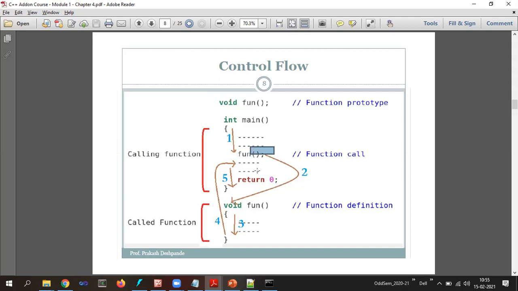It assumes this and skips the execution to the actual definition part. But it gives a warning stating that there is an implicit function. Implicit function means it is assuming that there will be a user-defined function in your program. With that assumption, it proceeds and the execution is carried out.